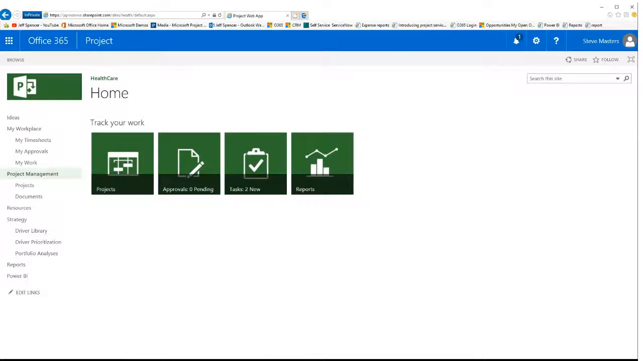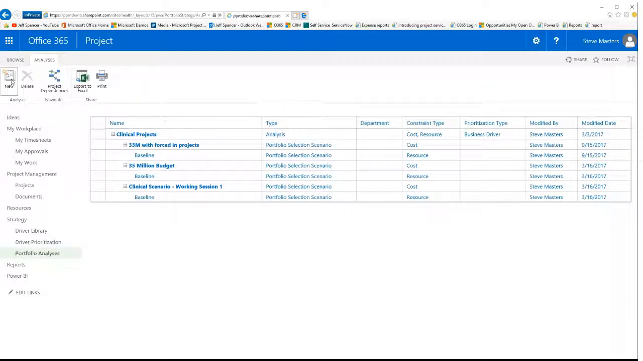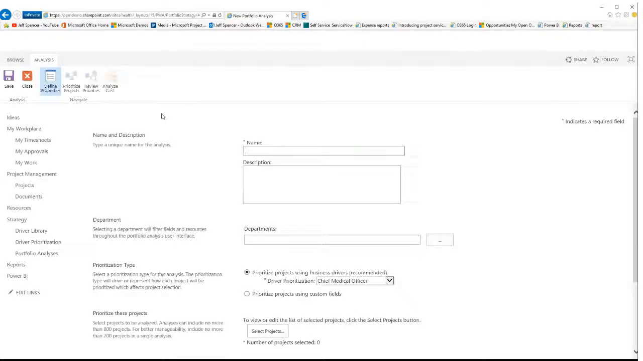Now let's perform our portfolio optimization. We're going to go to Portfolio Analysis. We're going to create a new analysis. We're going to do our FY18 planning. So when I select New, it's going to open up a new optimization for me, and I'm going to type in